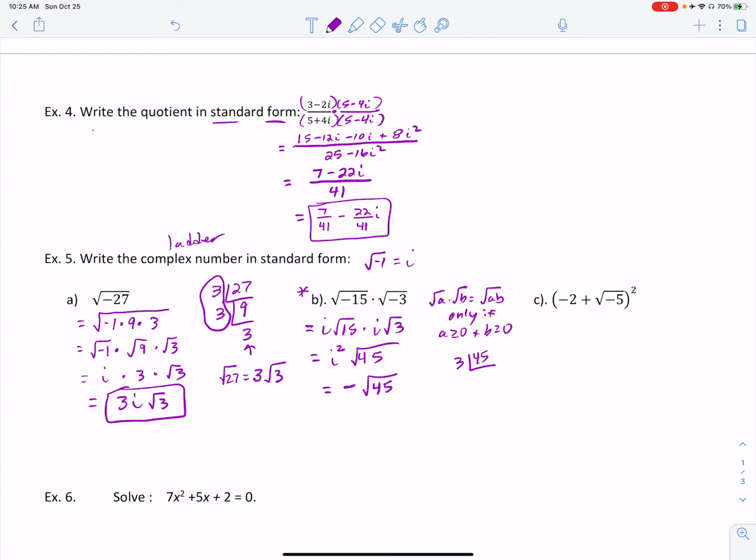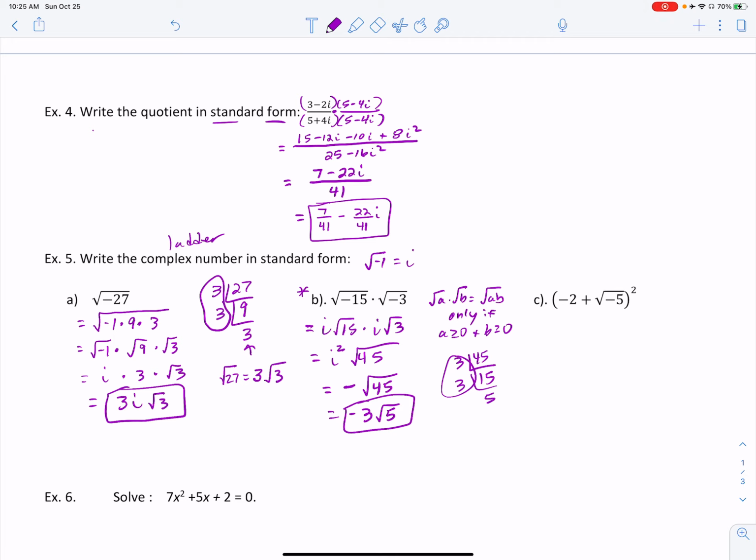3 goes into there 15 times, 3 goes into that 5. But I also know it's just 9 times 5, so the square root of 9 is 3. And you get a -3 square roots of 5. Otherwise, there's a pair of 3s, so one goes on the outside and the 5 stays underneath the radical. All right, on the next one,